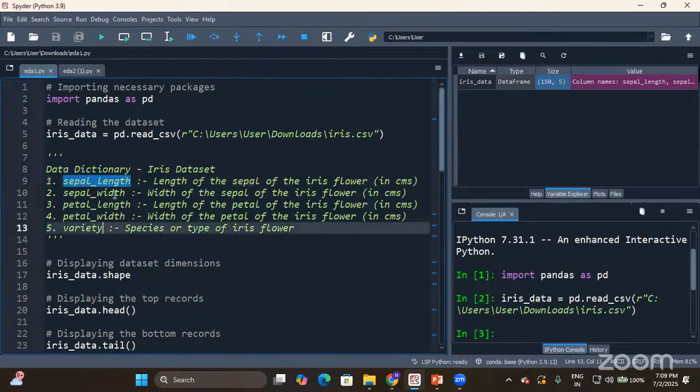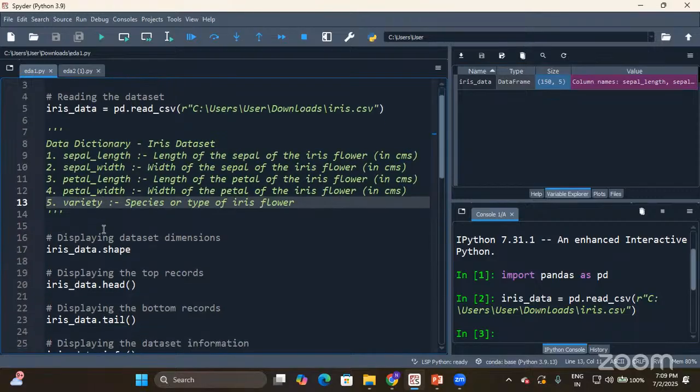So this data set is related to iris flowers. The length and width of the sepals and petals got captured in columns 1, 2, 3, and 4, and in column 5 we have the variety, the type of the flower. That is what the data dictionary is giving.